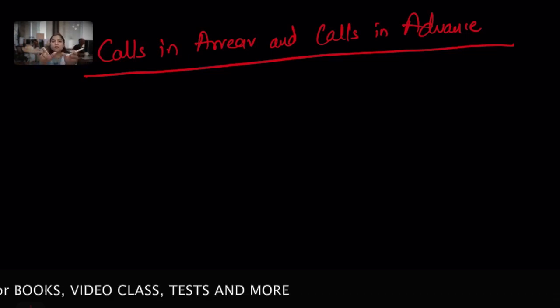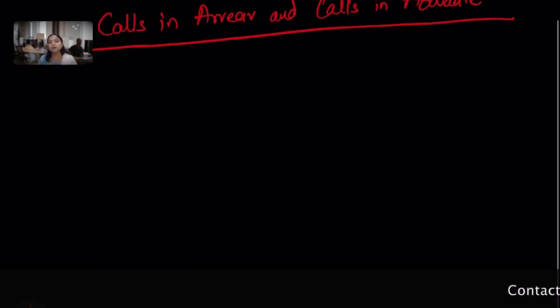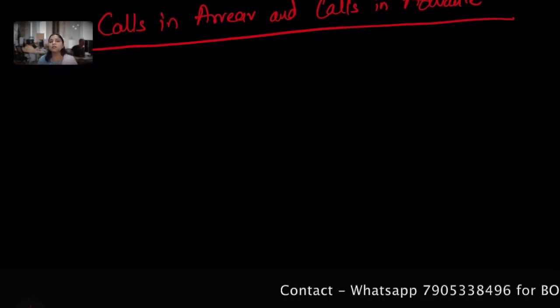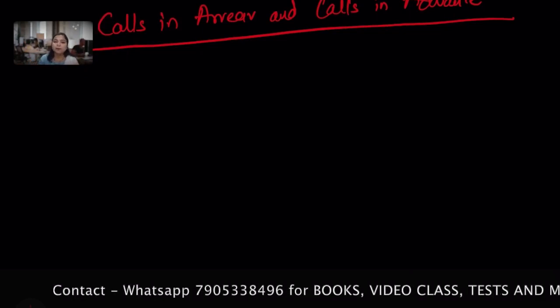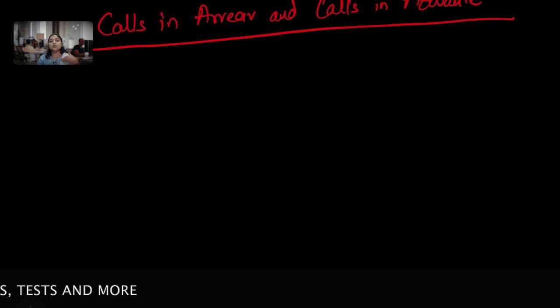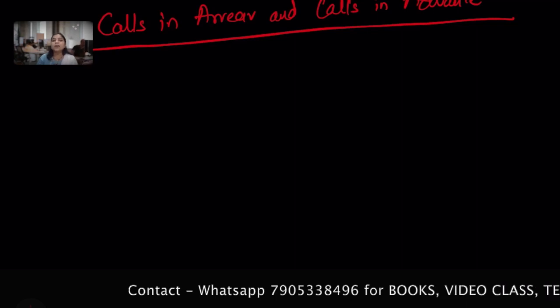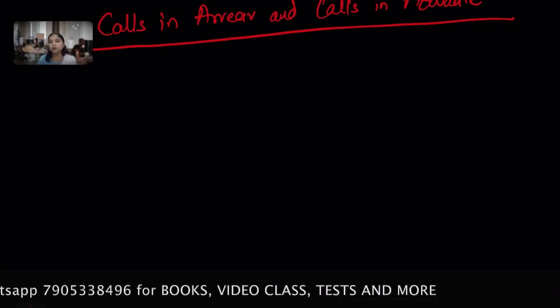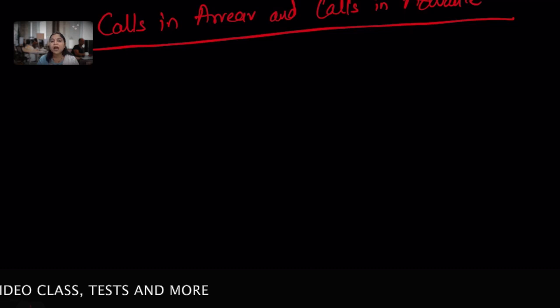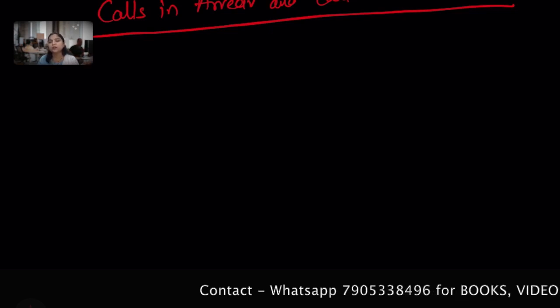So if you are not able to pay within that fixed duration, it's called calls in arrear. We can say calls in arrear is a part of capital which is called up. I called you, come pay, so it is called up but not yet paid by you, the shareholder. In this case, you being a shareholder failed to pay the amount due in any of the calls, and that amount which has failed from your part needs to be transferred to a special account known as the calls in arrear account.